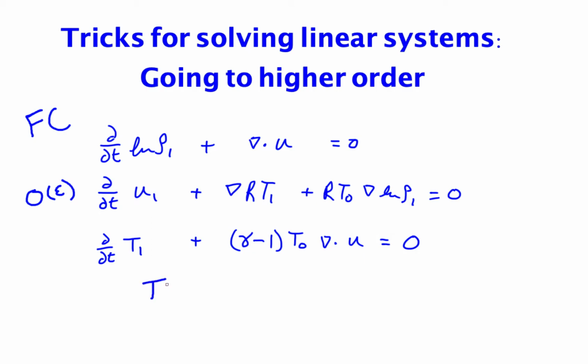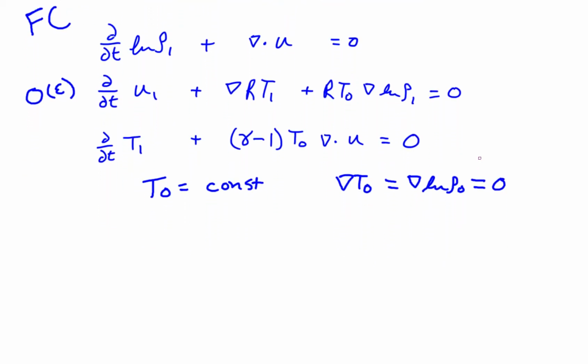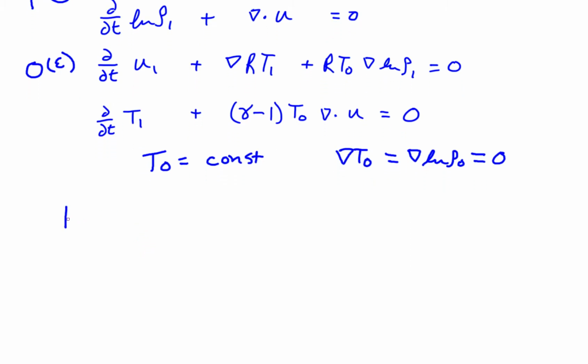This was our system where we took the T0 to be a constant, and we took that the gradients of T0 and the gradients of the log rho density, log rho 0, are themselves 0. So this constant coefficient system, one set of solutions that we're familiar with seeing for the linear wave acoustic equations are those shown at higher order. The version that we're most familiar seeing, the higher order equations for linear waves, take the form